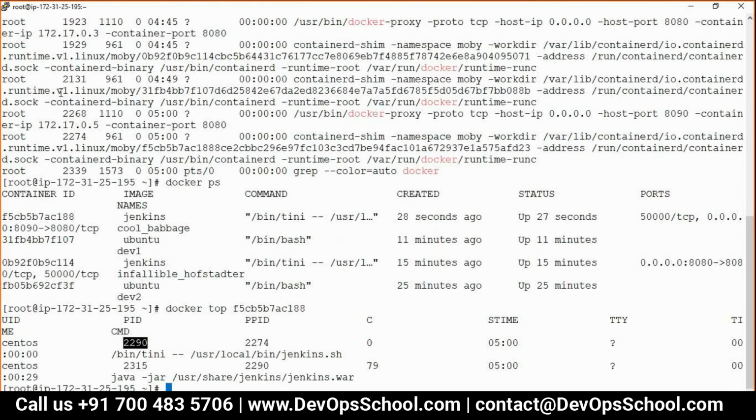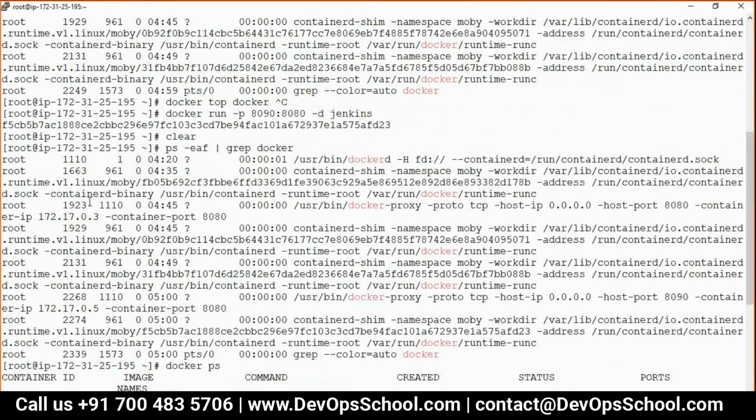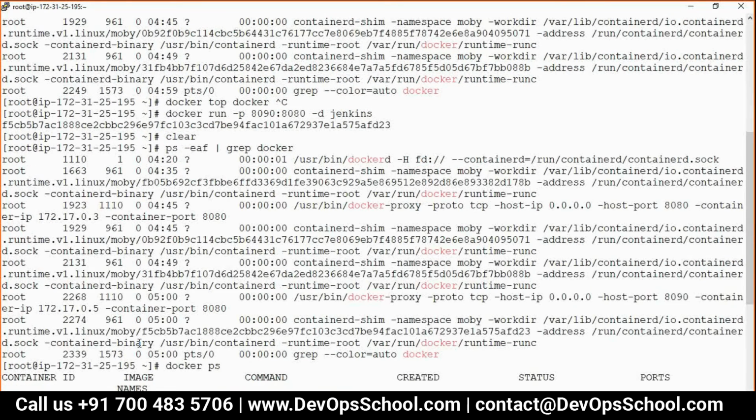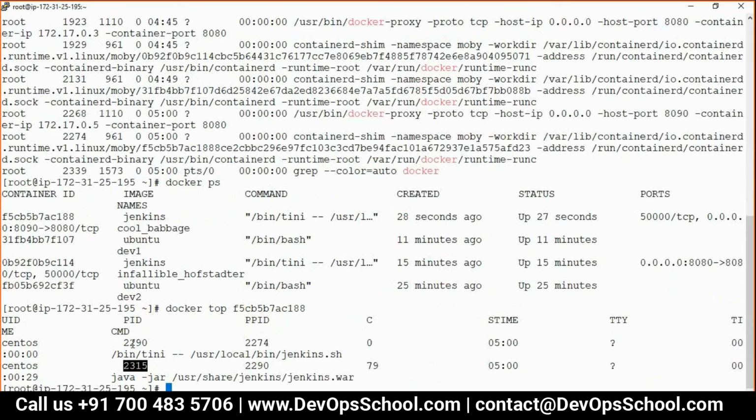Where is that? Find it out. PID 2290, 2315. Where is that? 2290, which is the host PID.